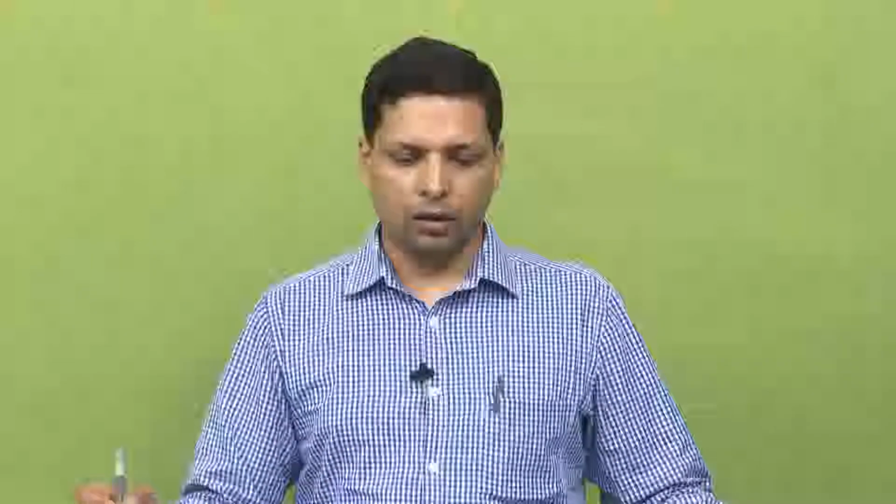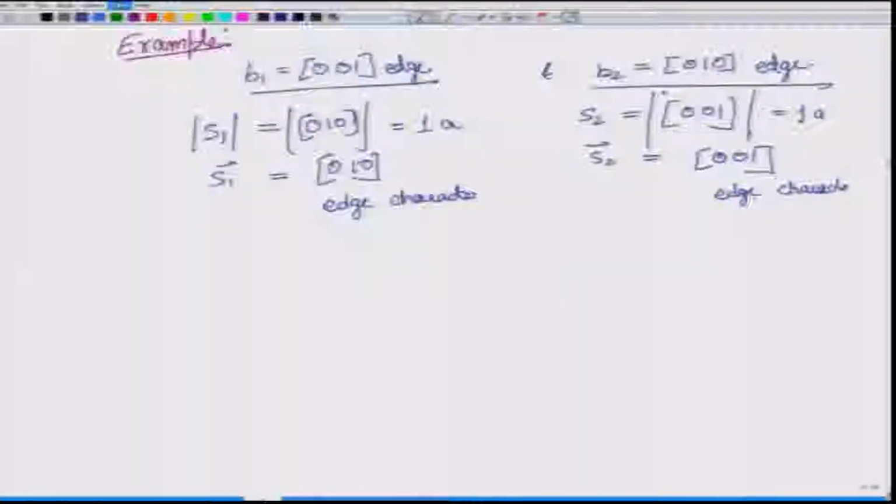So, we were discussing the kinks and jogs that are formed after intersection. We had taken an example where Burgers vector 1 is 0 0 1, and assuming edge dislocation, B2 equal to 0 1 0 for edge dislocation, and these are the final information that we obtained regarding the steps. Now, let us see if instead of edge dislocation, we had a screw dislocation, would anything be different? And the answer would be no.